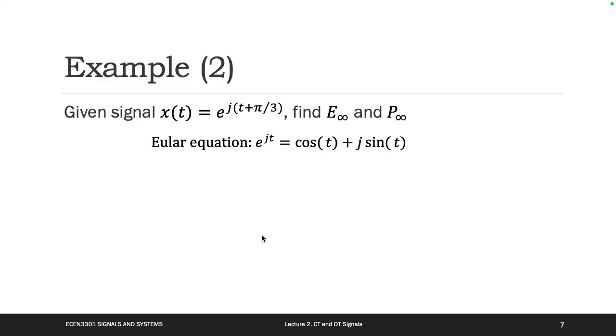Euler equation. So we can convert it to the cosine and sin. Which means we know this one, am I right? The magnitude for the e^(jt) is this one, am I right? This is to prepare so we can resolve this problem. Yeah, you know this one, am I right?